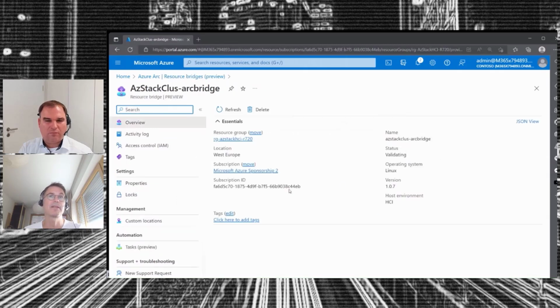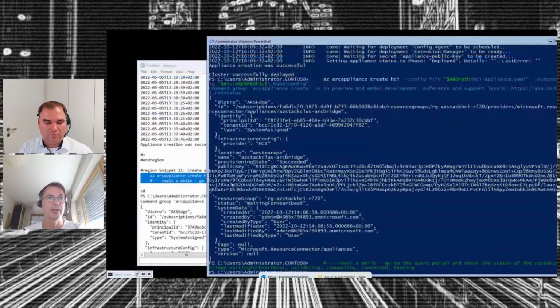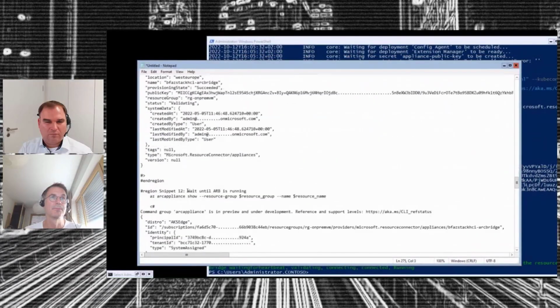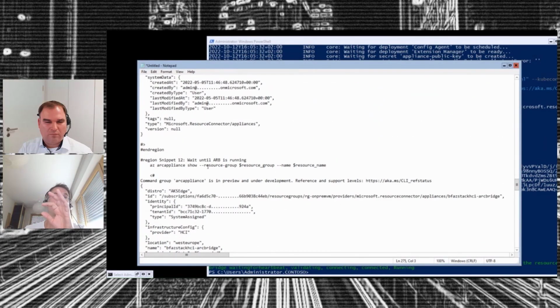So here you have the validating state, but this is the time where you can go into your Azure subscription and under the Arc blade and see some things, right? So with here, wait a little bit, for